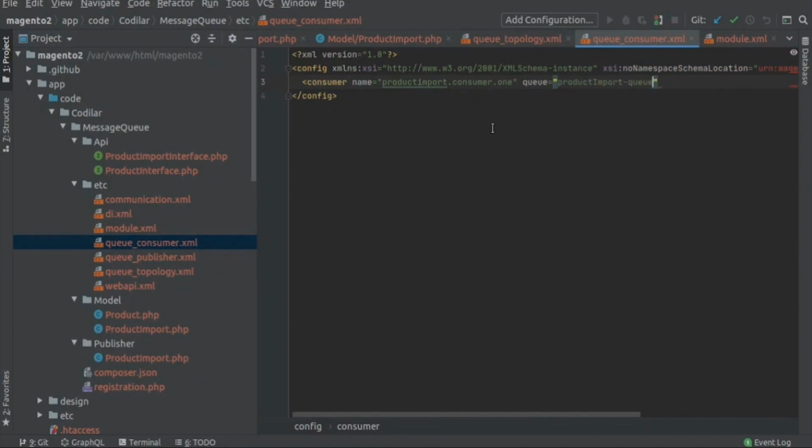And the connection will be MageAMQP, and the final parameter will be a handler,